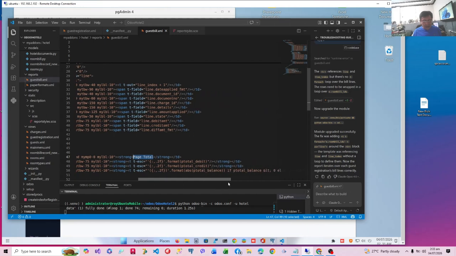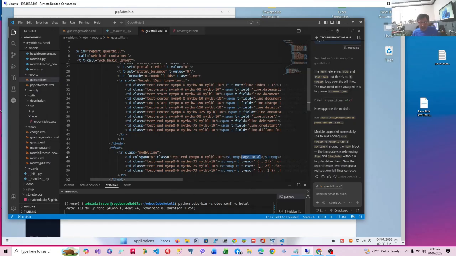What are we printing here? We are printing the variables total debit, total credit, and total balance. This is T escape. T escape specifies a format. You can easily ask ChatGPT to look for the format. This is actually a 2 decimal format. Then we are assigning text and bootstrap classes, so they will be right aligned, with no top margin and paddings top and bottom. This will be 75 width, because we have followed it at the last 3 columns, and the font size will be 10.